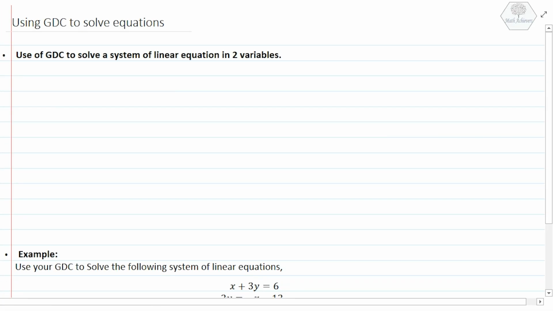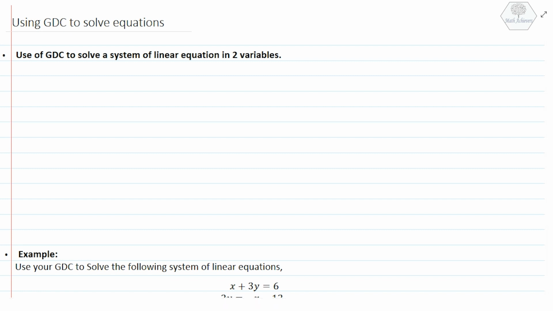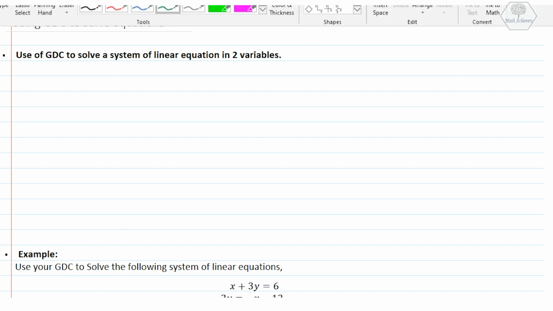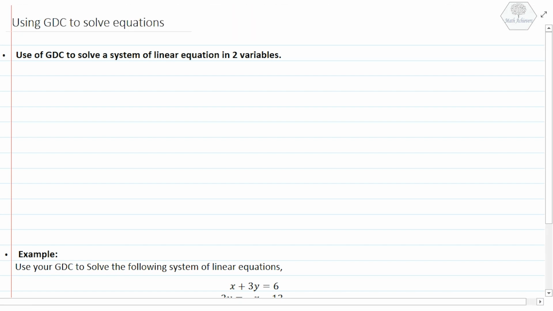Let's now talk about the use of graphical display calculator to solve a system of linear equations in two variables. A system of linear equations of two variables means I have two simultaneous linear equations that I want to solve, having the unknowns to be x and y. The general form for a system of linear equations having two variables is